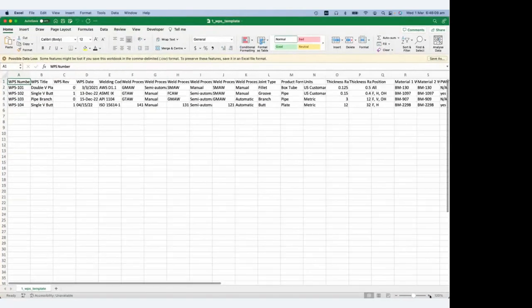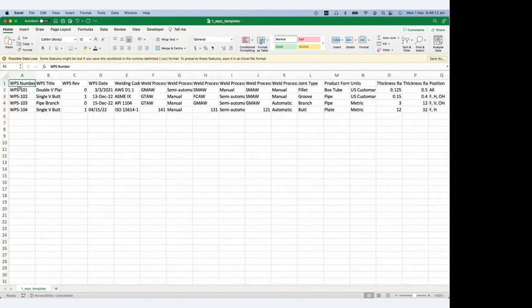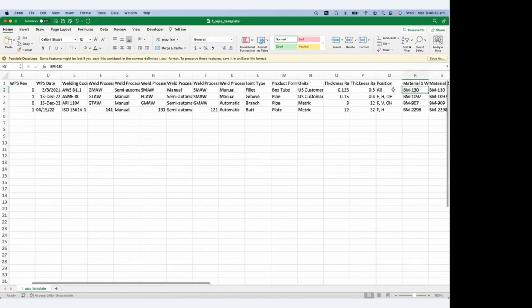Okay, just zoom in a bit more. That's how the data is in, right? So I'll put in a few. So if you're looking at this particular row, you have this WPS 101, and it's the weld process, root, fill, cap, joint type, product form, units, and the welding code, the standard is D1.1, the thickness range, min, max,